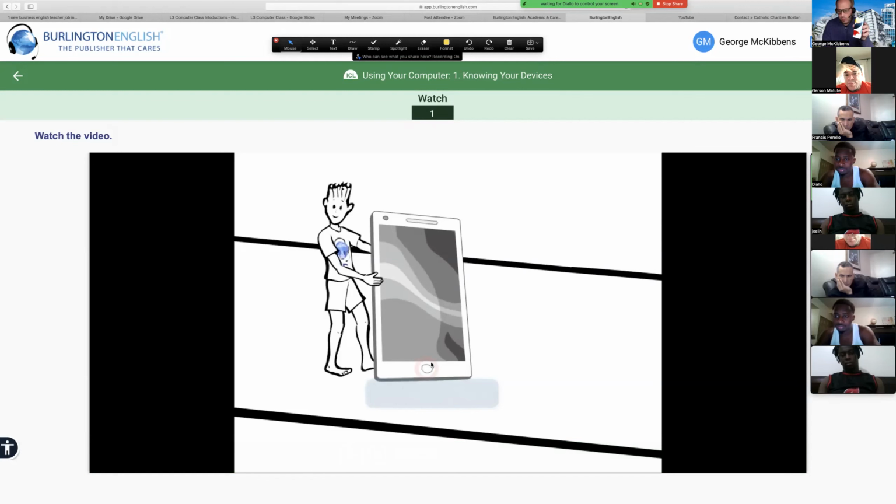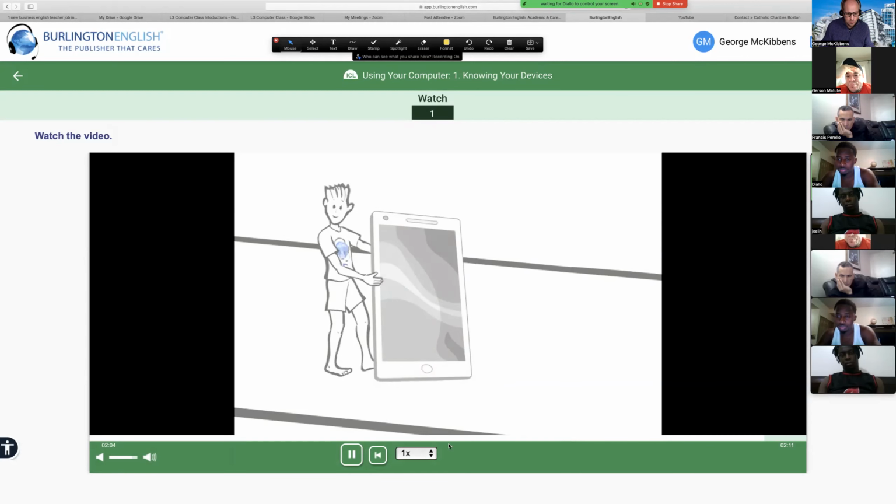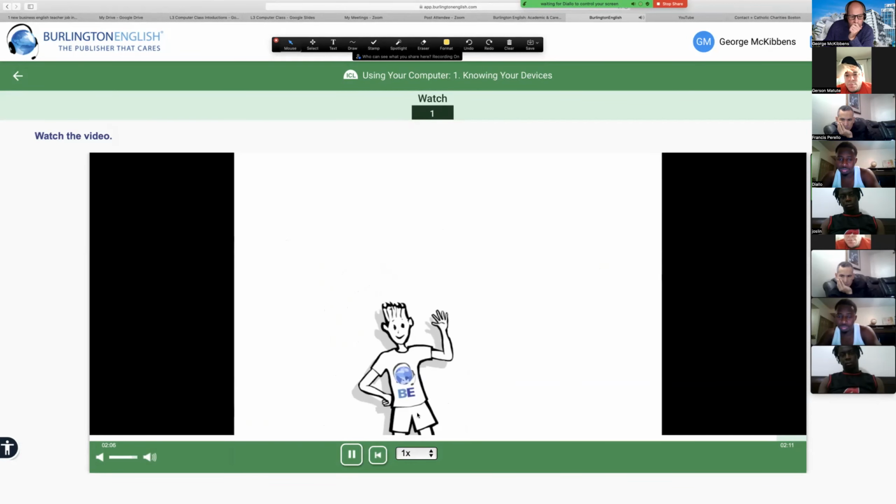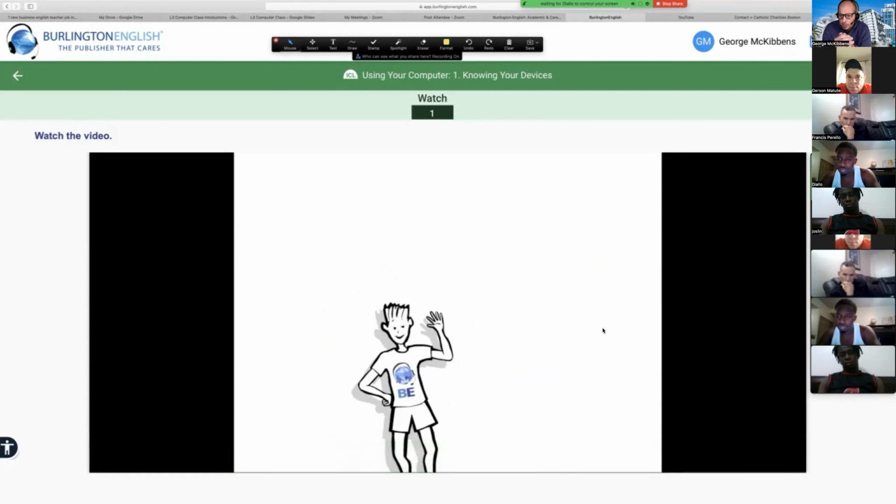So this is my phone from Catholic Charities. There's no home button, so what I do is I just swipe up to get it going, and then it opens. And that's it. Those are the devices.